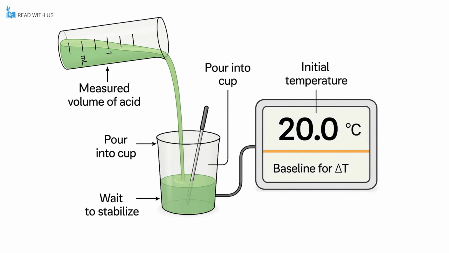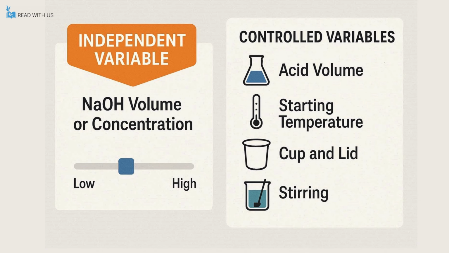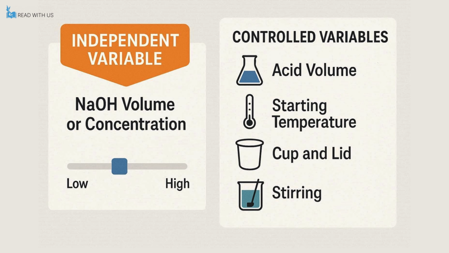We start by pouring a measured volume of hydrochloric acid into the cup and recording the initial temperature after the probe stabilizes because we need a solid baseline for delta T. The independent variable in this run is the volume or concentration of sodium hydroxide solution, while we control the acid volume, the starting temperature, the cup type, the lid, and the stirring, so any change in temperature comes from the